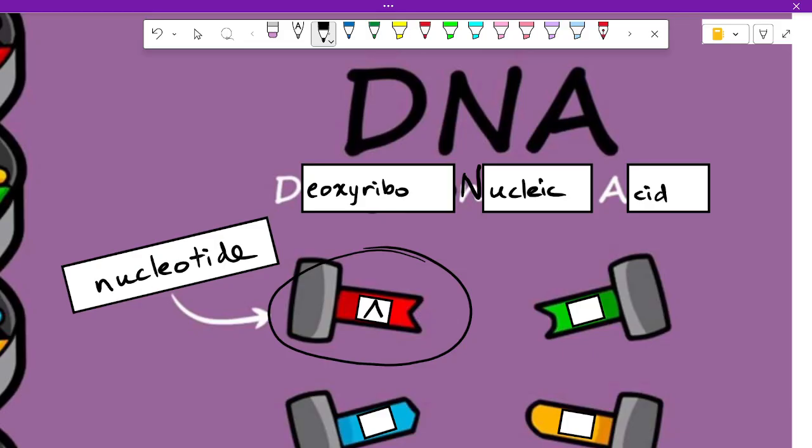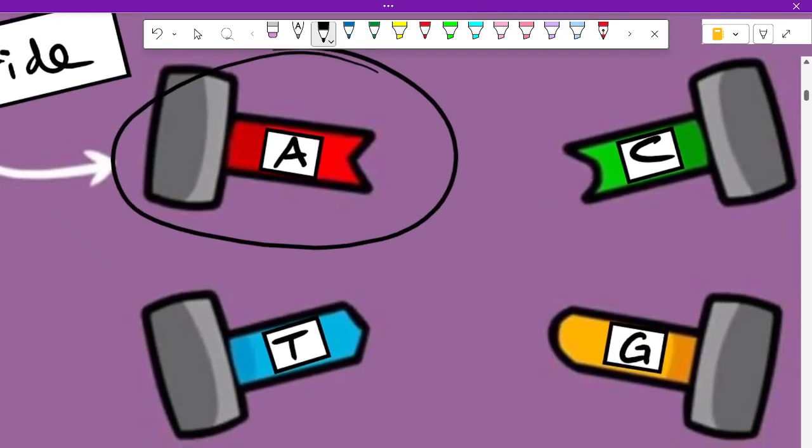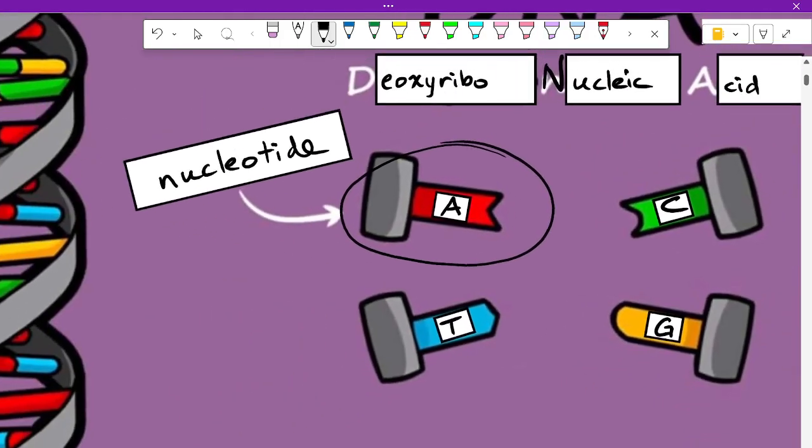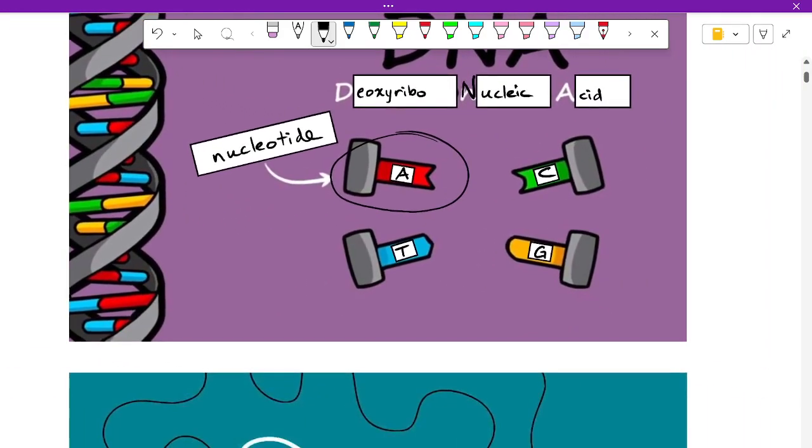We have A, we have C, we have G, and we have T. No, sorry. C, G, and that one's going to be T. How do I know? Why does T have to be the blue one if the red one's A? Because they're matching up. They're both pointy triangle ones. The C and the G are the round ones. In this example,